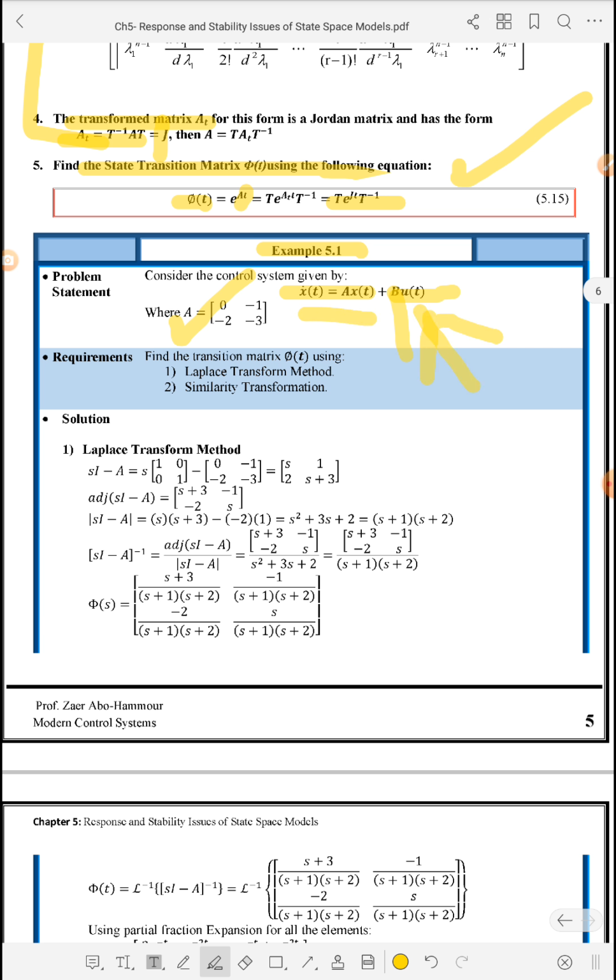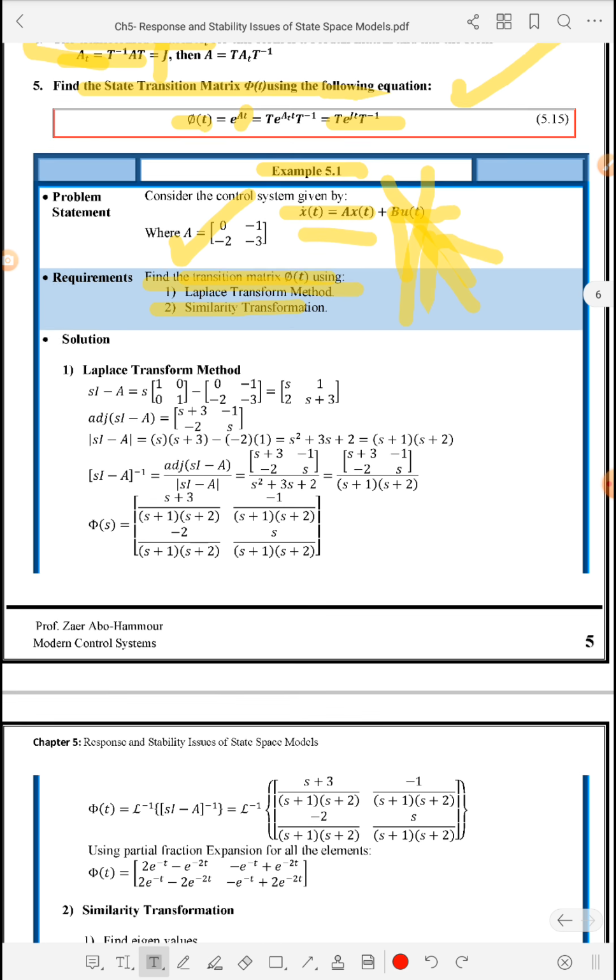So the first part of the state differential equation will be covered only, and the remaining part will be cancelled due to the fact that u of t is equal to 0, by applying the superposition theorem. So it's required to find the state transition matrix based on the two methods, the Laplace transform method and the similarity transformation method. As we previously covered,